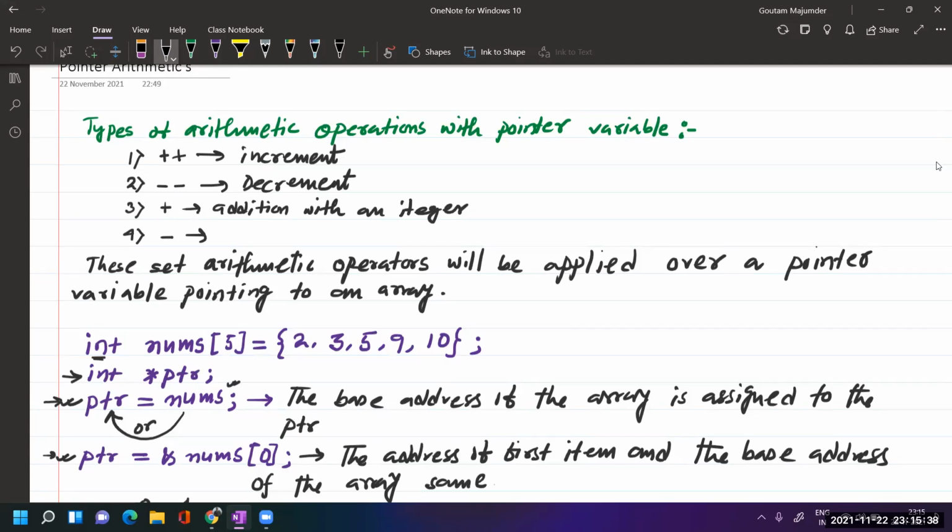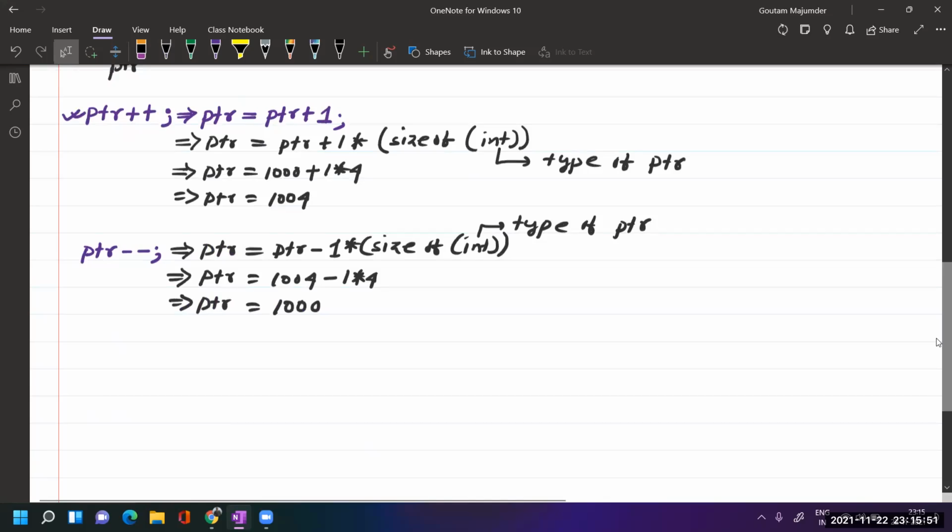Similarly, subtraction with an integer. Okay. So now let us write this expression in the compiler and check the output, what type of address it is holding.